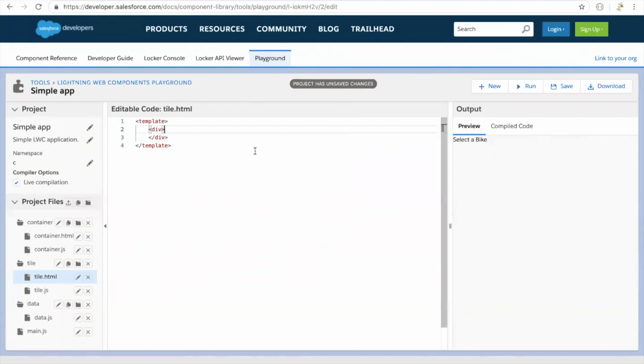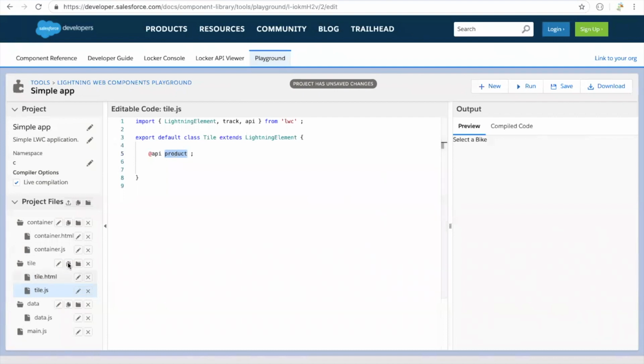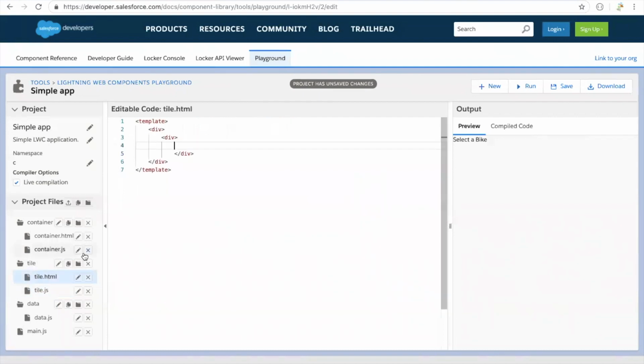And in the div, I will say another div, and as we saw in our JS, let's assume that product is going to be set by something external. Assuming that product has a value, if we want to access product, it has to be in curly brackets, and I'm saying product